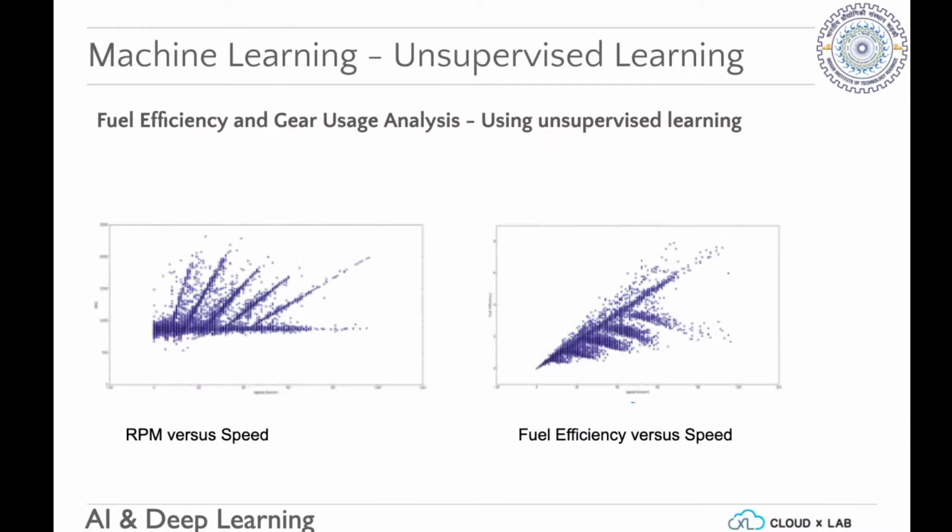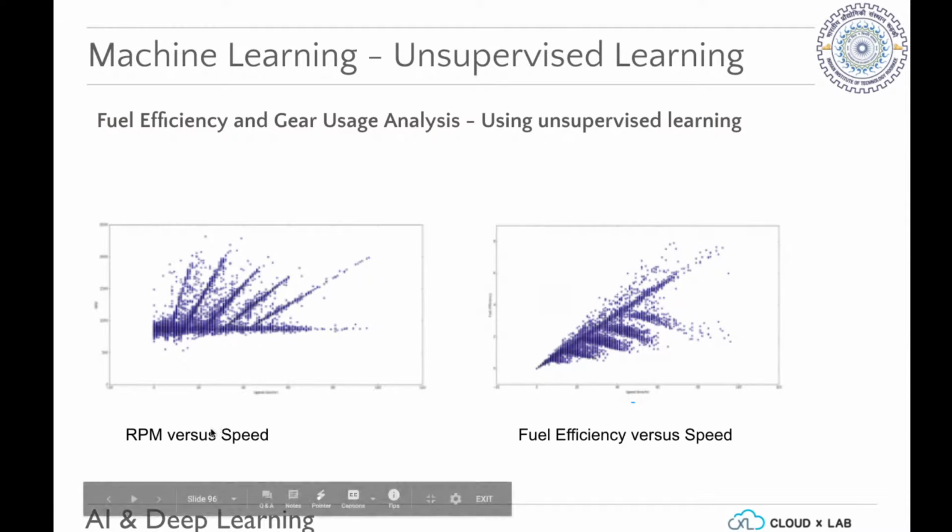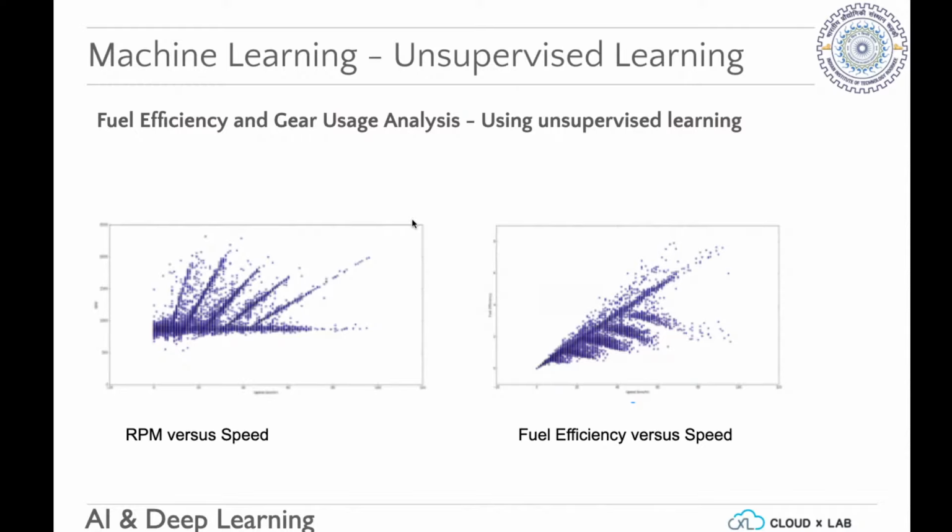Okay, now this is another example which we had used at YATIS. What we had done is we had used speed and RPM. As I said, I run an IoT company called YATIS Telematics, where we were studying engine patterns while driving. One of the big things you're trying to figure out is driving usage and fuel efficiency.